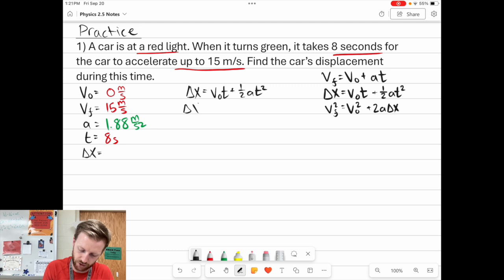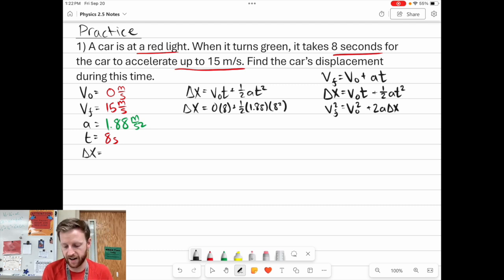Then we're going to substitute. So we have 0 times 8 plus 1/2 times 1.88 times 8 squared. And because I have this, it's important to know that that squared only applies to the t. So then I start plugging values in, and I find that my displacement is